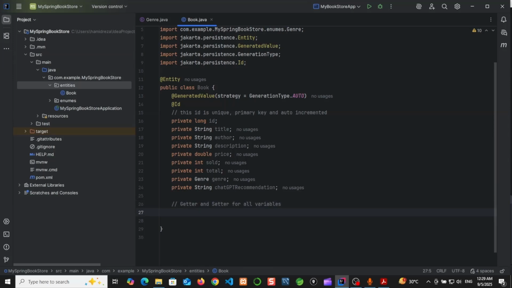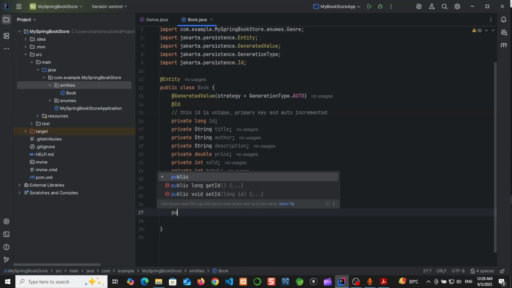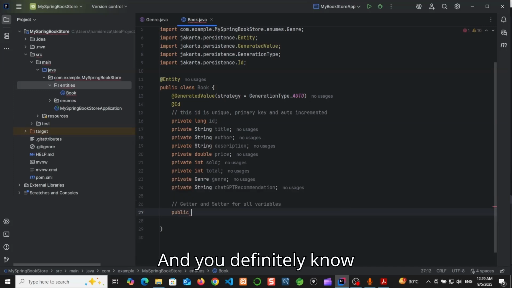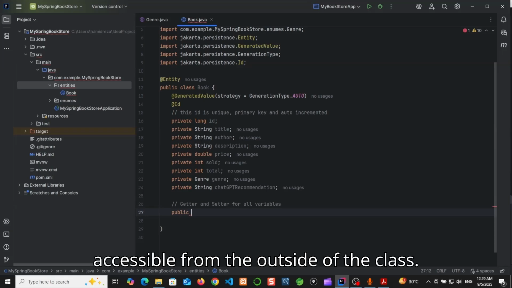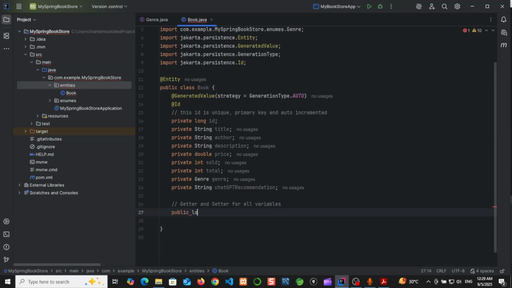Okay. And you definitely know the methods of variable accessors should be public to be accessible from outside of the class. Public long